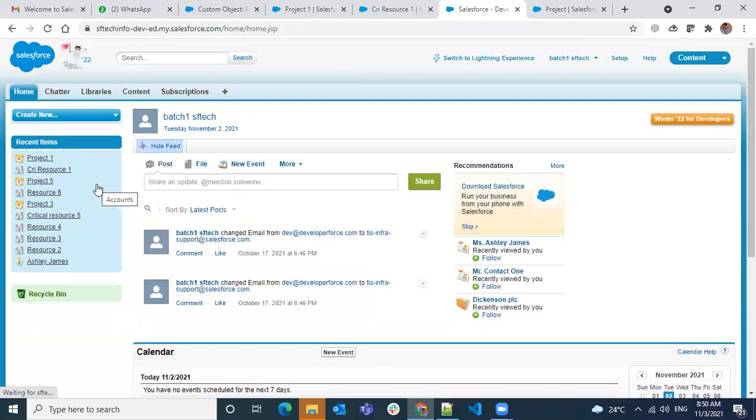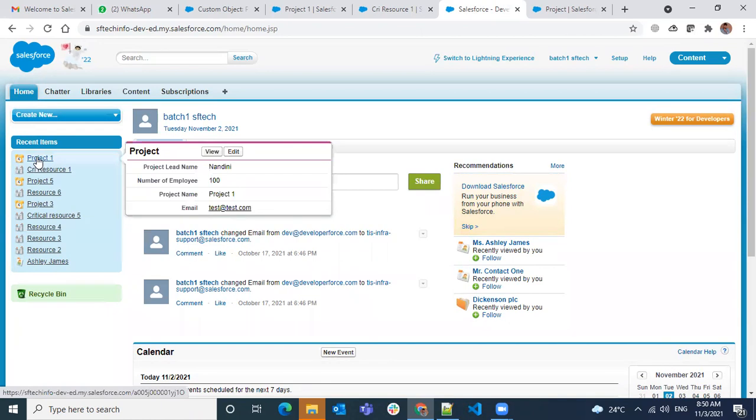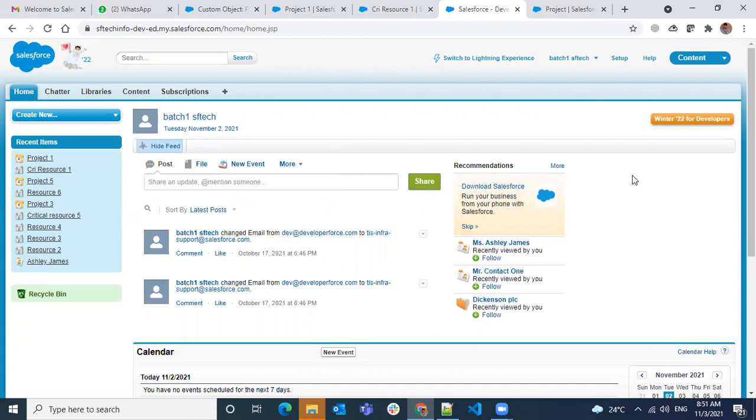Here you see there are recent items on the left side pane, you can see the recycle bin and recent items. From the left side pane, when you hover over any of the recent records, you see some information here, right? Like project lead, number of employees, project name and email. This information we can control from the mini page layouts.